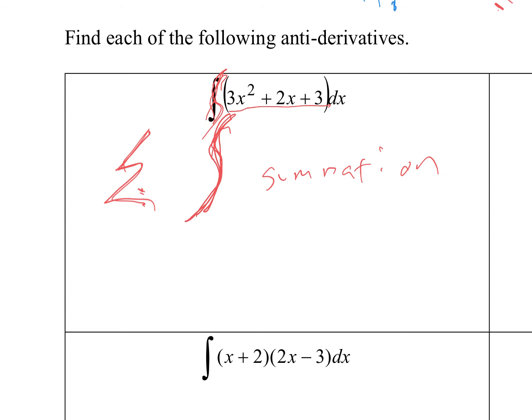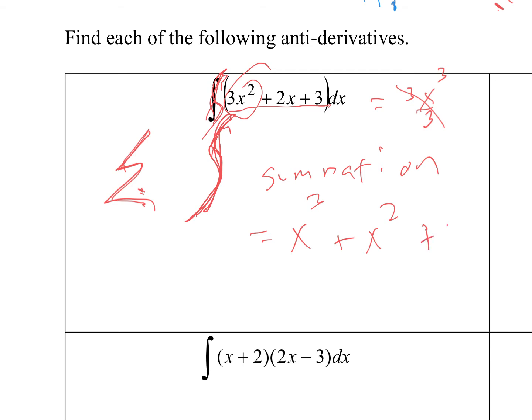So if I was to do this one real quick, how do I do that first term? X squared, x to the third. Just x to the third? How'd you jump to that answer? You add 1 to the exponent. Okay, you add the 1 to the 2, so that's a 3. And then I divide that by a 3, but I already had a 3 here. Is that why it went away? Perfect. X to the third. Nice. How about the next one? Plus just an x squared because the 2 over 2 cancels. Great. Plus